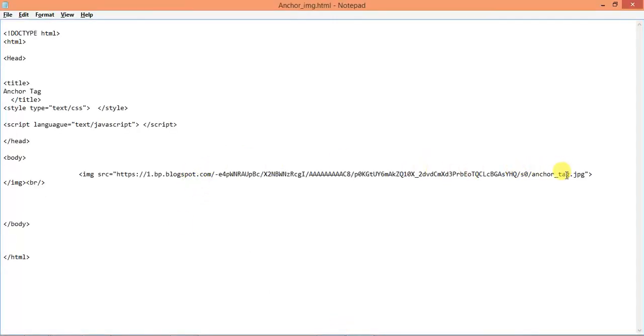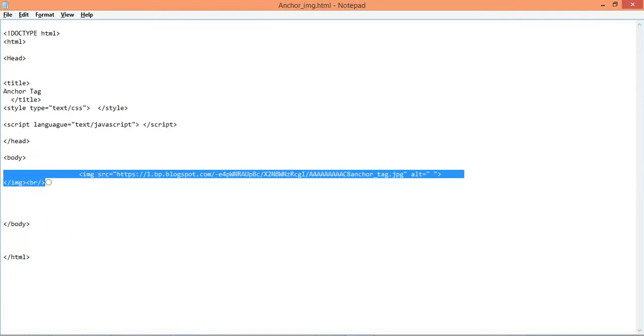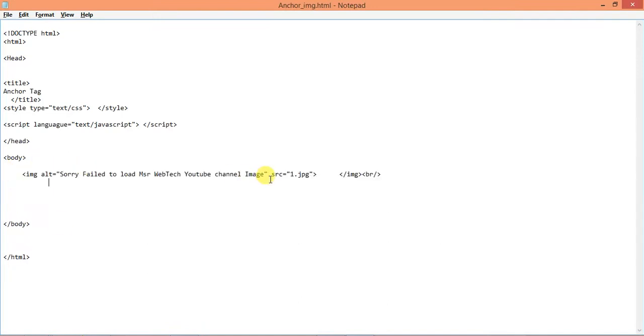This is the actual link. I am erasing this, as it is a duplicate link. So whatever you write in the alt attribute will be displayed. Okay, 1.jpg is not located anywhere on the web or on my system, so this is the wrong address.